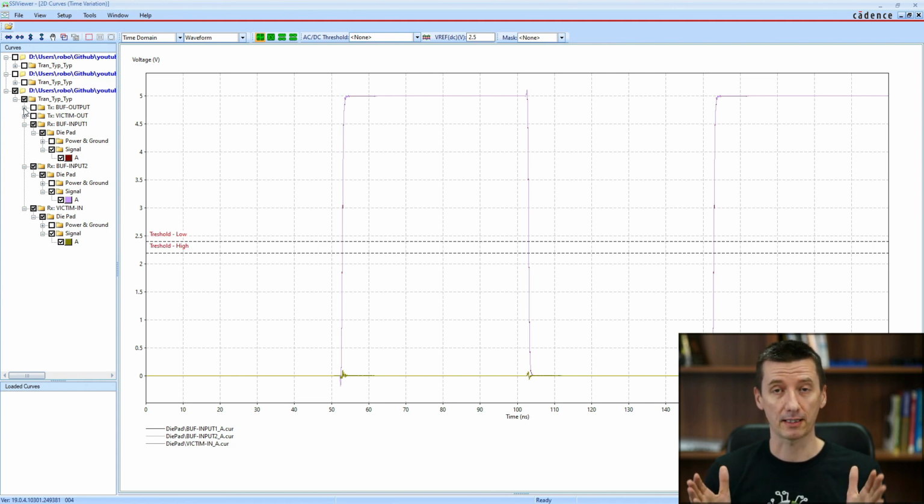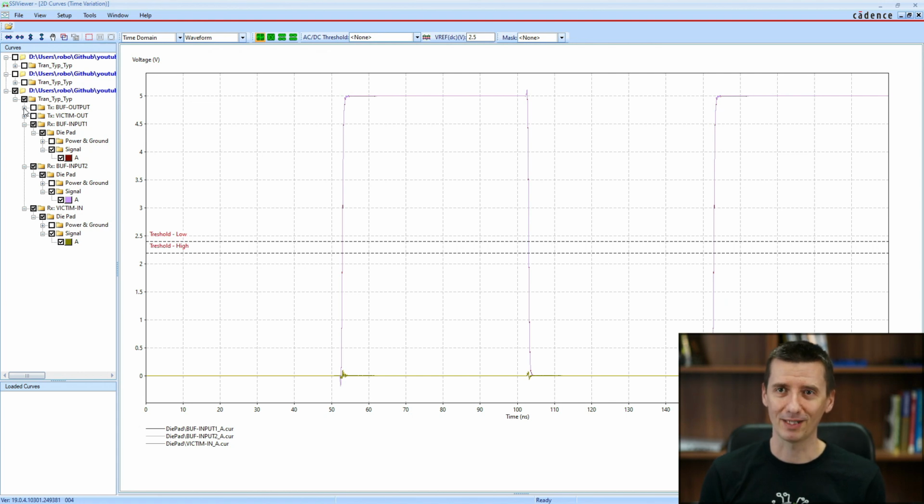So if your tracks are super short, then you will always get very nice signals. The question is, how long is the shortest track in your case when you need to start worrying about all this noise, all these reflections and crosstalk?